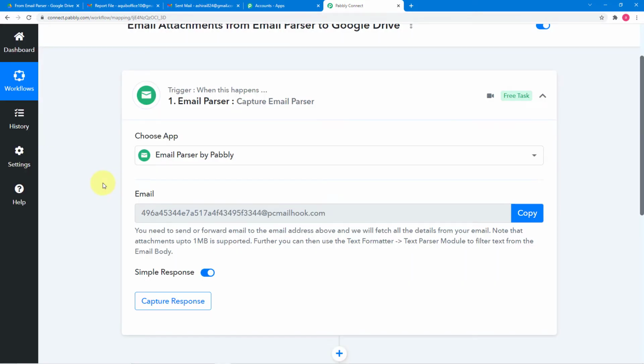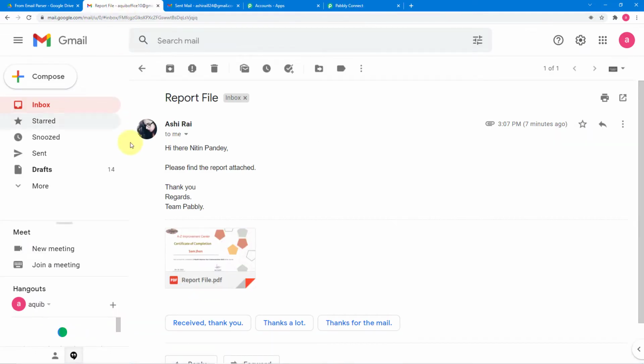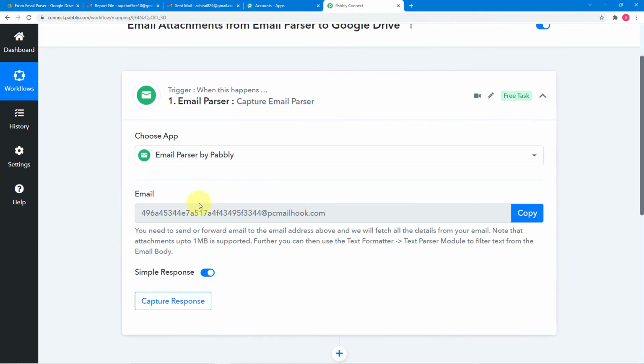Okay, so when you connect email parser, it will show you this email ID. So we are going to forward the emails that we are receiving in our email ID to this email ID that Pabbly Connect has given us here, right? So how are we going to forward the emails?